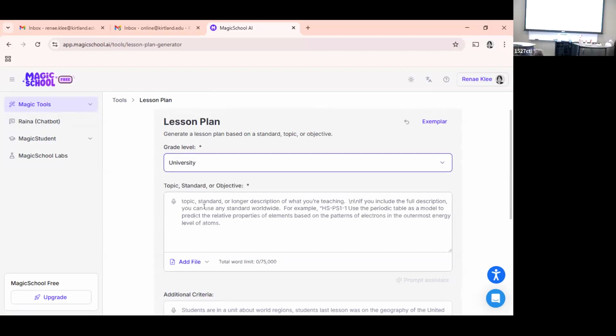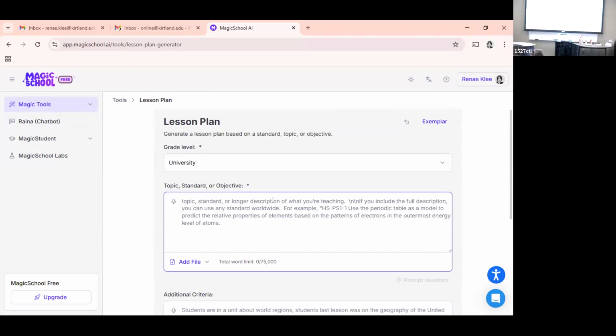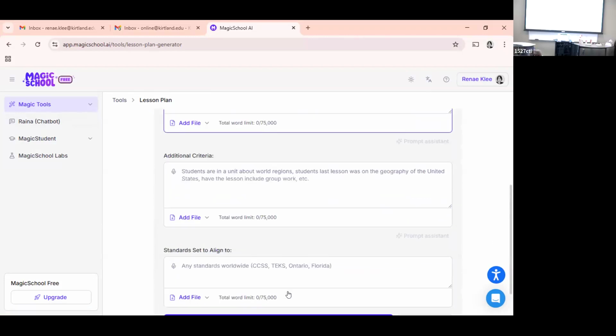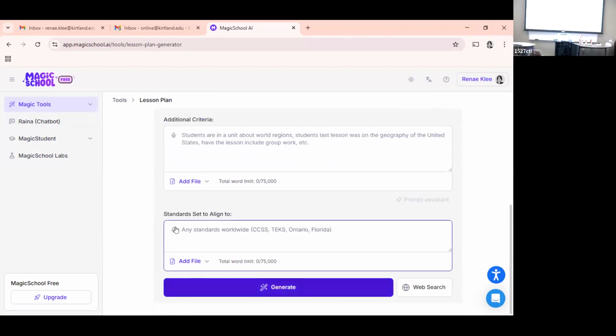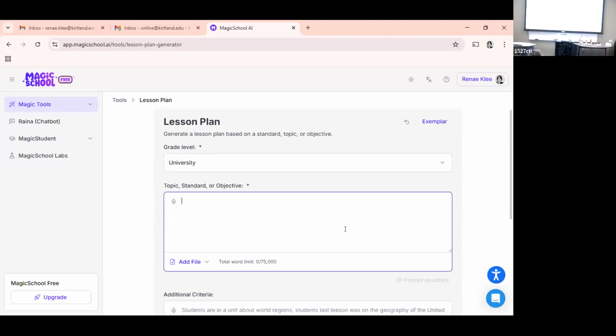It's like ChatGPT. One thing I did find handy for the lesson plan tool is there are plenty of areas to add files for rubrics as well, so I've experimented with some of that. It also gives you an opportunity to align to certain standards, so if you have program accreditation standards, you can put them in there and try experimenting with that. This gave me this quiz.